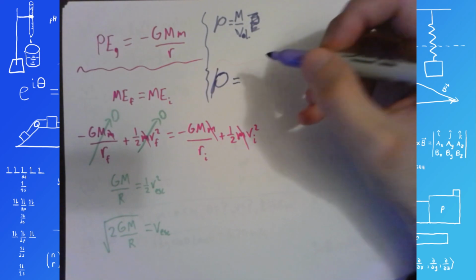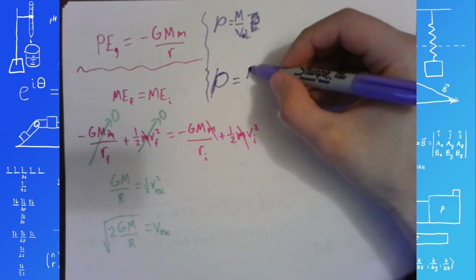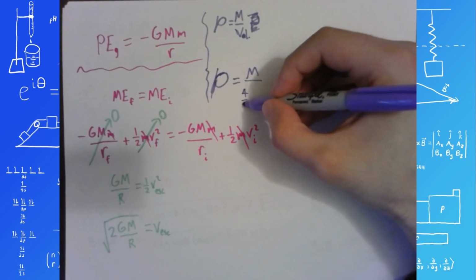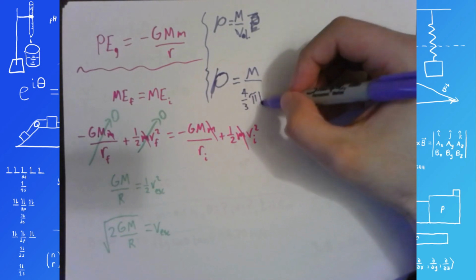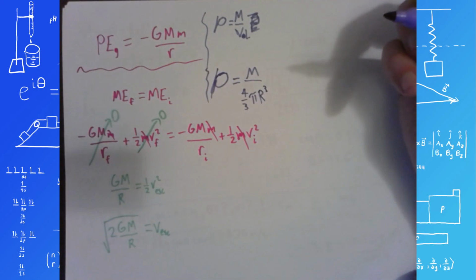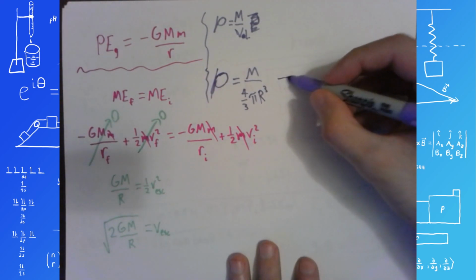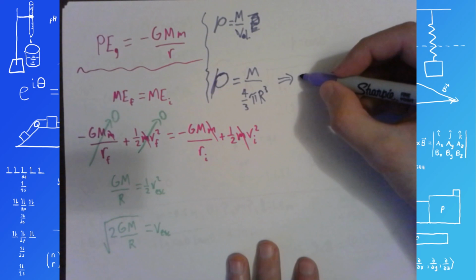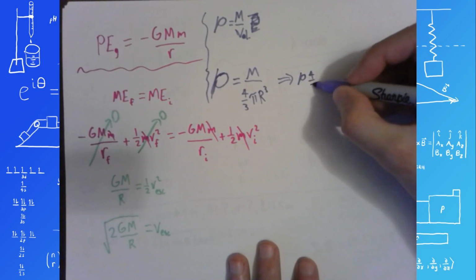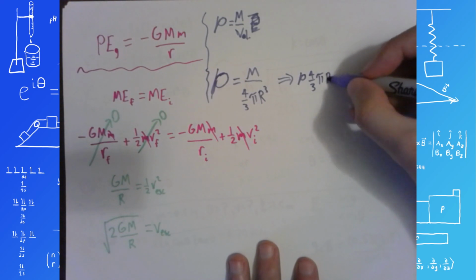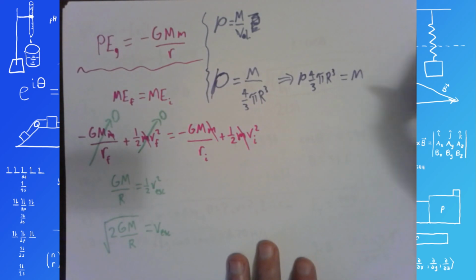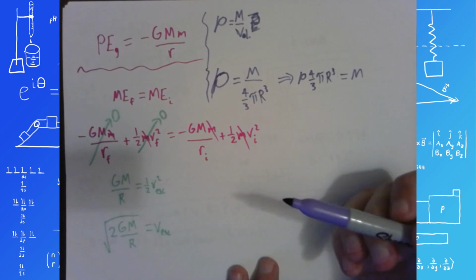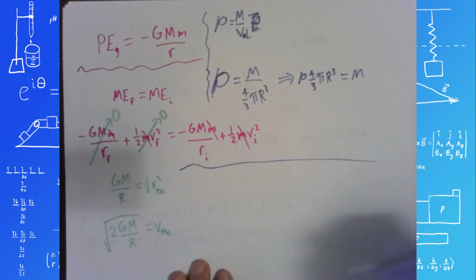So density is equal to mass over 4/3 pi, and then this would be the radius of the planet cubed. In other words, you can say that the mass of the planet is equal to this density times 4/3 pi r cubed. So density times 4/3 pi r cubed is equal to m. If we make this substitution into here, then we can see that